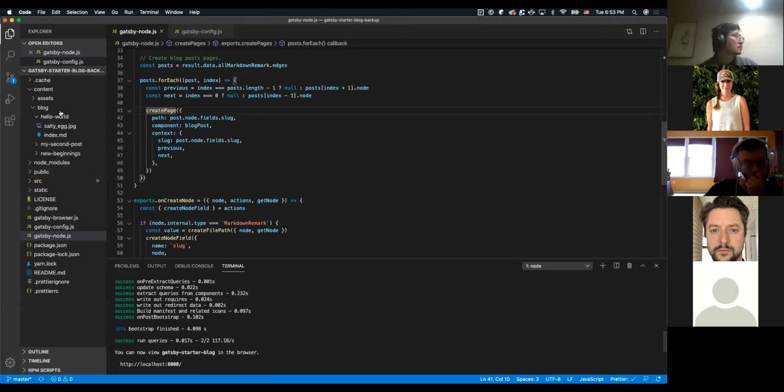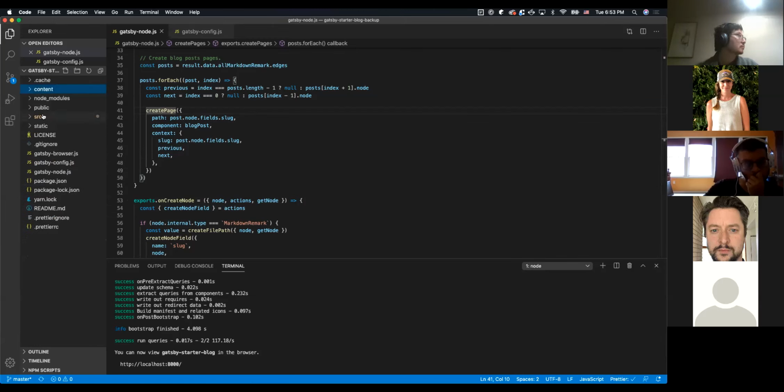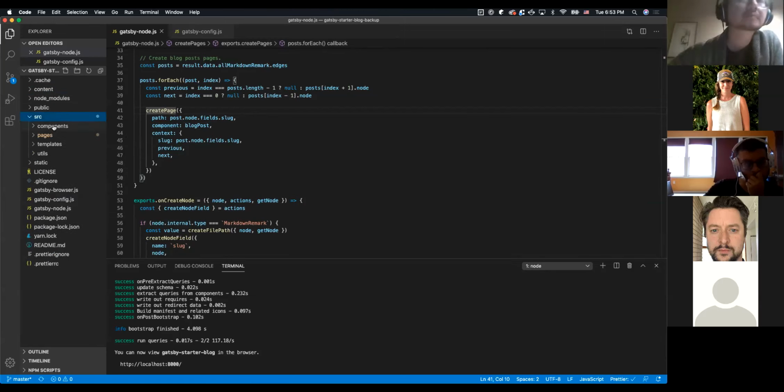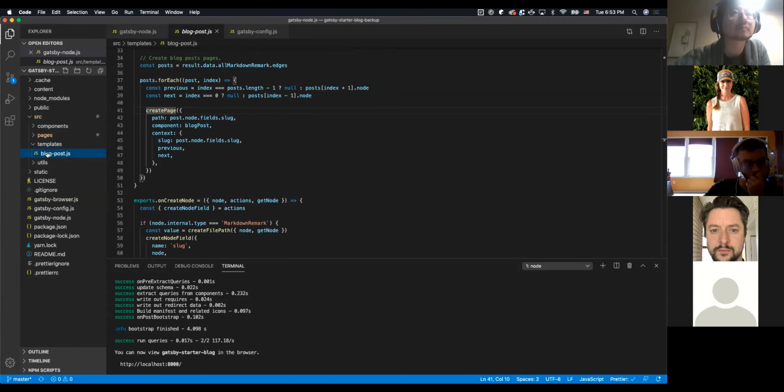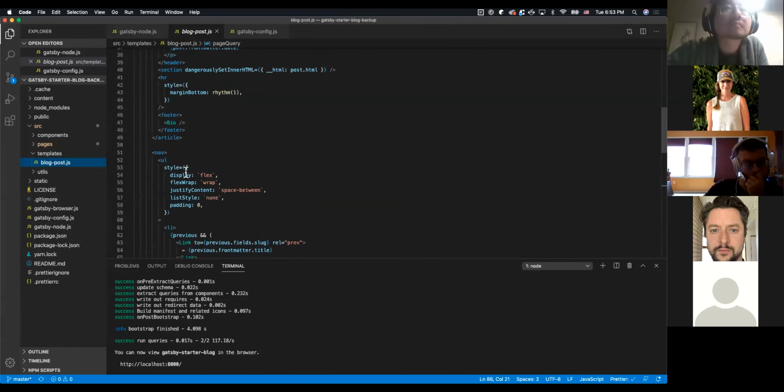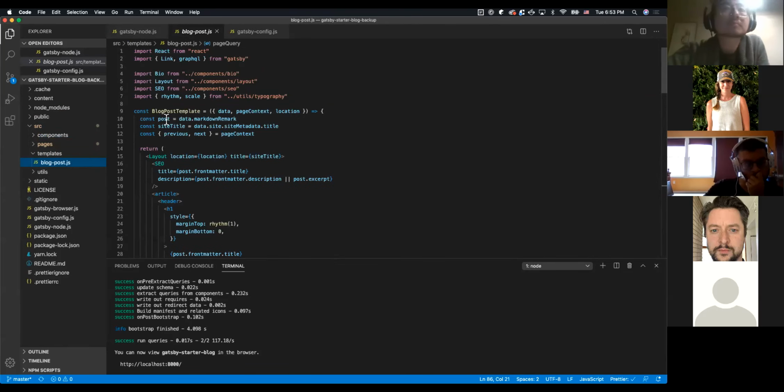So let's take a look at that template. It's in the components folder. This came standard with Gatsby. Oh, no, I'm sorry, it's in the templates folder, my bad. So this is a blog post template. We can see here that we have post available